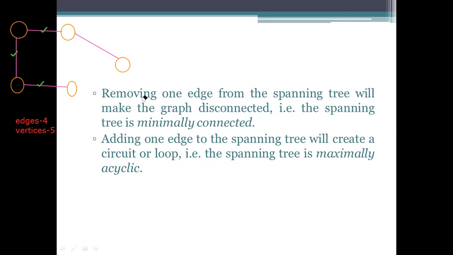So here, if I am adding an edge, it's not an edge to be drawn here or there like that. Just draw an edge from the ones we previously have. We have an edge from here to here, here to here, and also here to here, and from here. So try to mark an edge from here. What happens if you are adding an edge? It is forming a circuit or loop, meaning it's a closed one, which is not considered a spanning tree.